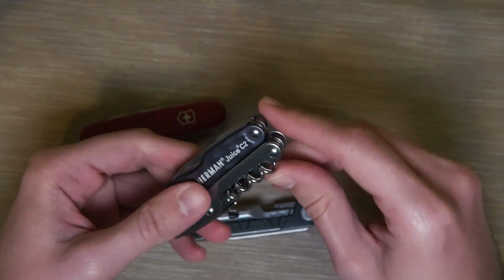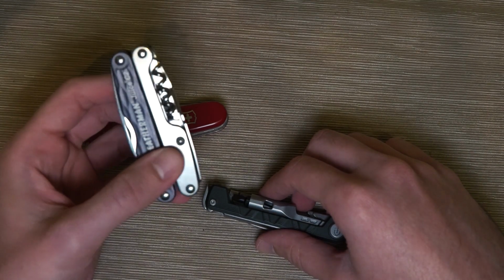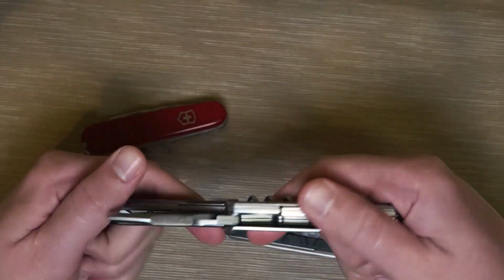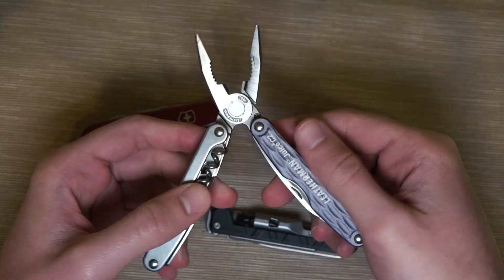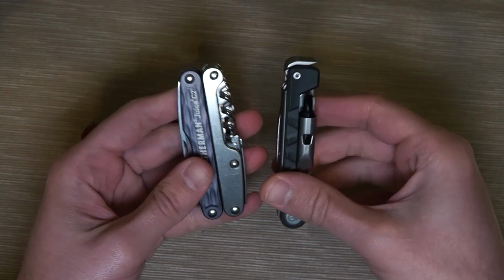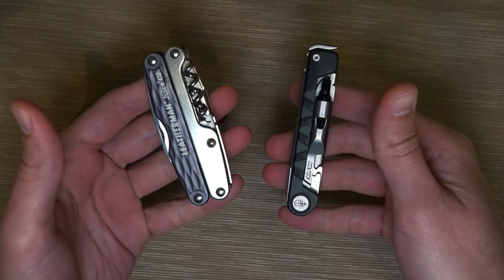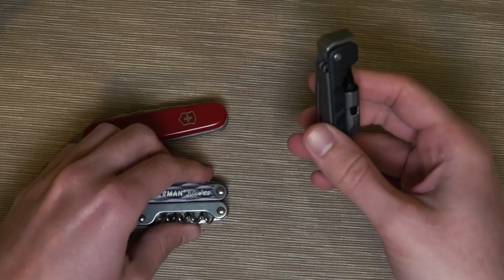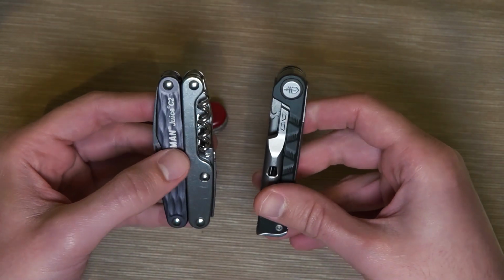As for the Leatherman, if I'm to compare it with this one, I would say that the build quality and the overall quality of this tool is, of course, better than the Gerber. Again, the Leatherman tool is built around pliers, so there isn't actually much more to compare, but just a brief comparison tells you that the Leatherman is better built than this Gerber. But this doesn't make the Gerber a lesser tool, actually, just because it is more pocket friendly in my opinion, and